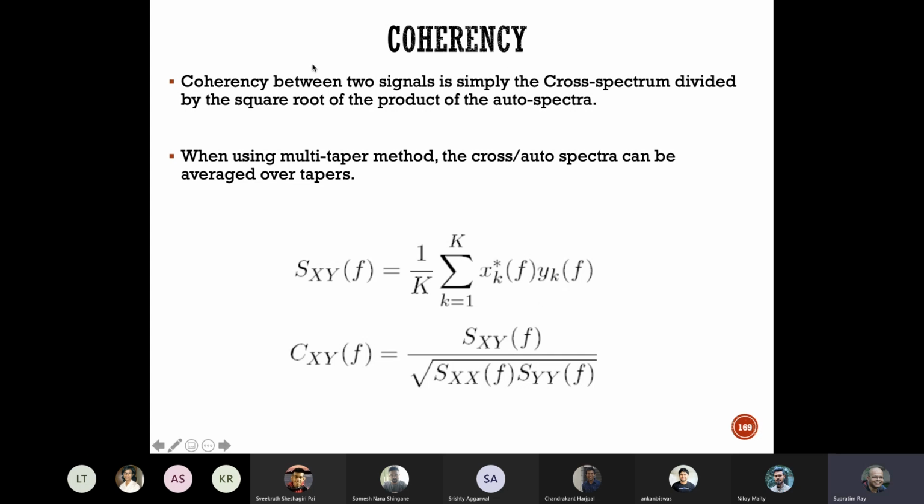So this measure, coherency, is defined as the cross spectrum divided by the square root of the product of the autospectra. This looks complicated this way, but it's actually very easy. It's almost trivial to understand. Think about what is going on here, but instead of thinking about spectra, think about each of these numbers, X star f and Y f, as just amplitude multiplied by e to the power j times the phase.